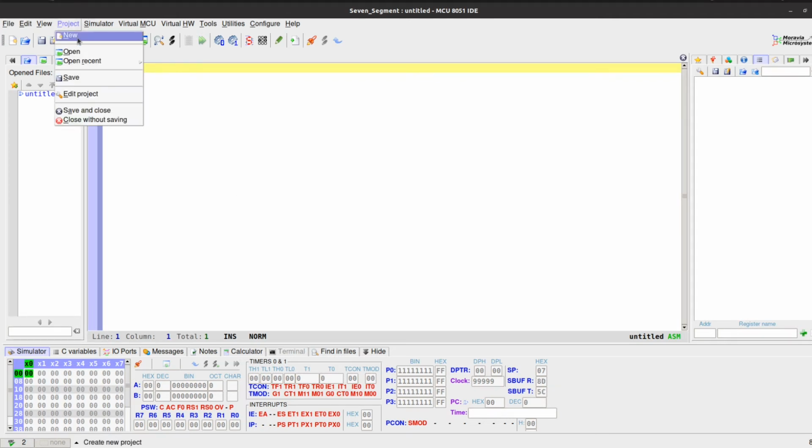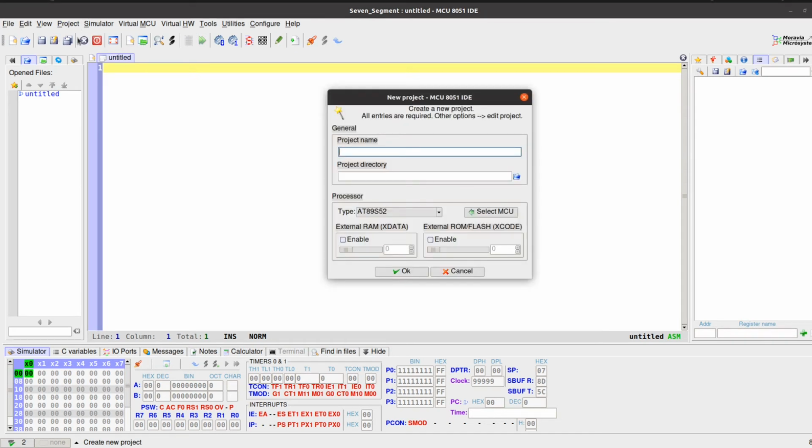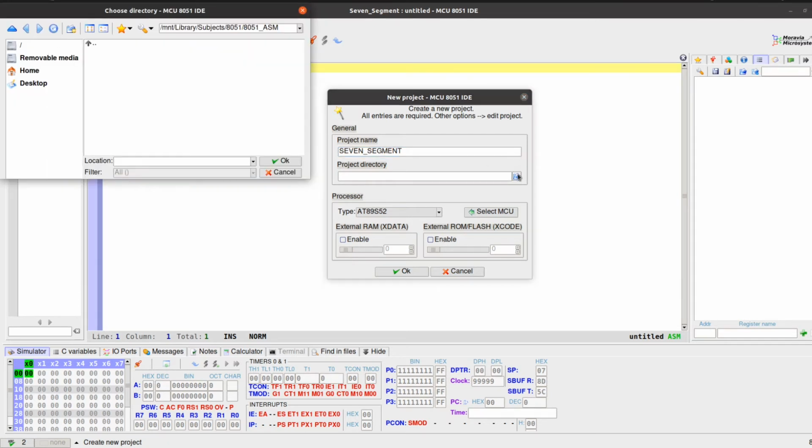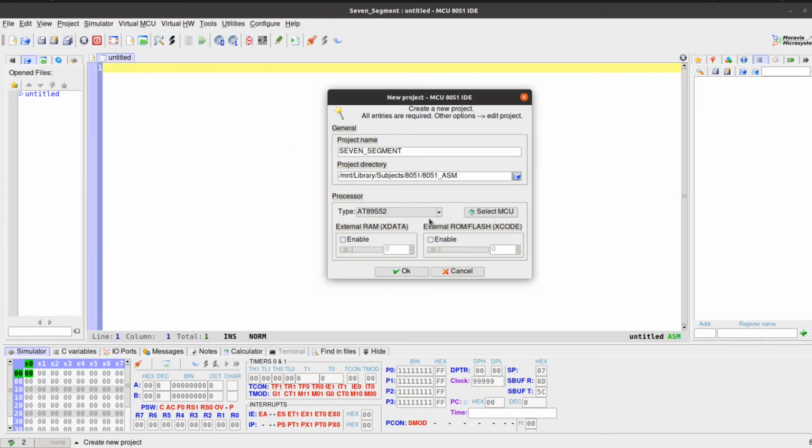Go to project, click on new, and here give the project name. I'll give the project name as 7 segment, and a directory where to store the project. I'm going to take some location here, and you can select the processor for which you are writing the code. I'll just take 8051.